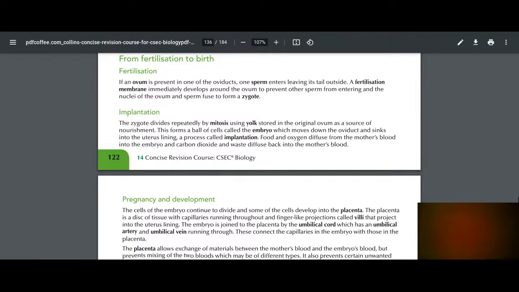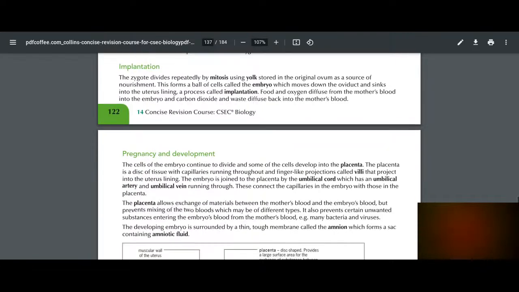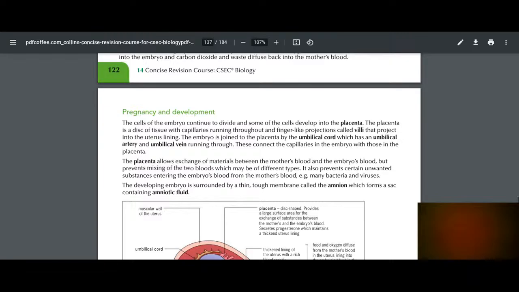So now we're going down and saying food and oxygen diffuse from the mother's blood into the embryo, and carbon dioxide and waste diffuse back into the mother's blood. Now we have pregnancy and development. When you talk about pregnancy and development, the most important terms you have are